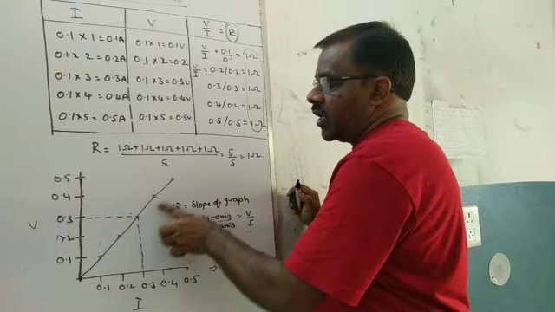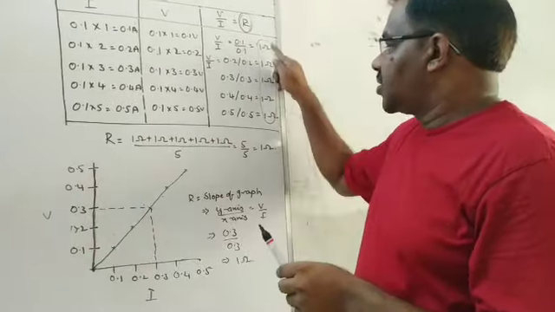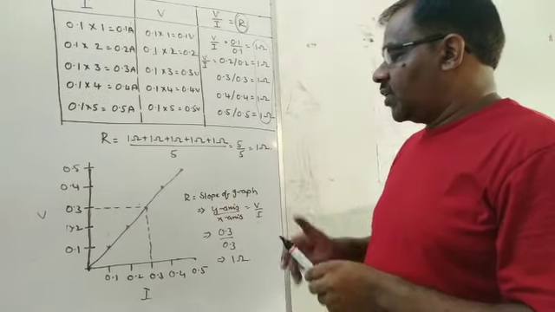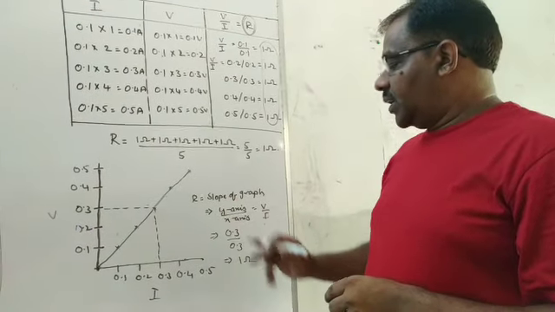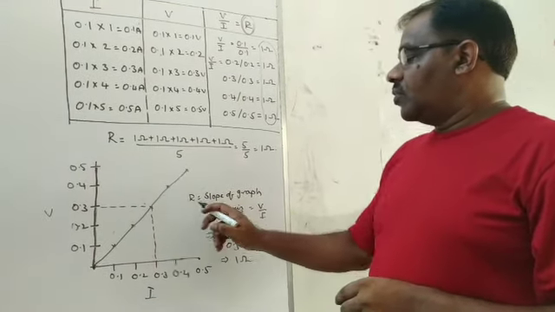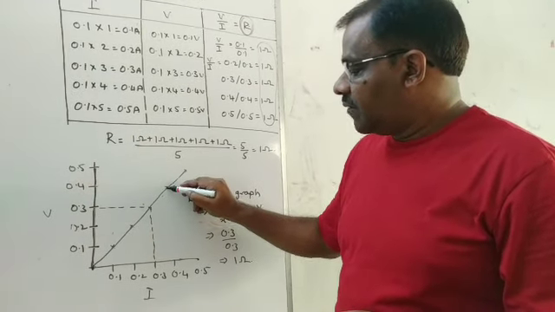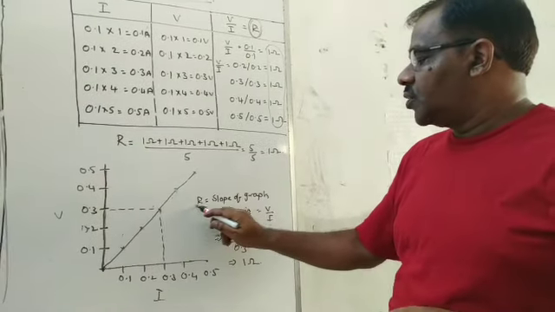So, if the V by I graph is a straight line, then we can say the resistance is constant. If this is not a straight line, then the resistance is never constant. But from Ohm's law, V by I should always be a straight line representing the resistance. So, the slope of the graph at any point, say for example, y-axis divided by x-axis at any point, will give me the resistance using the graph.